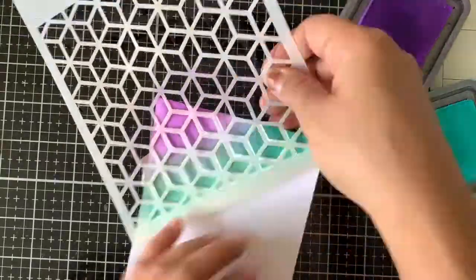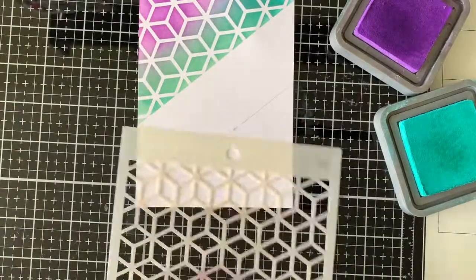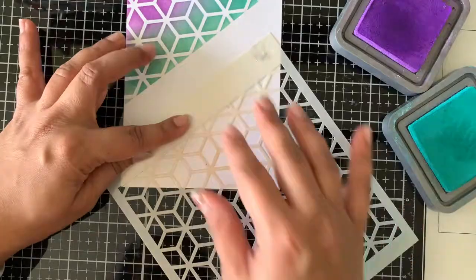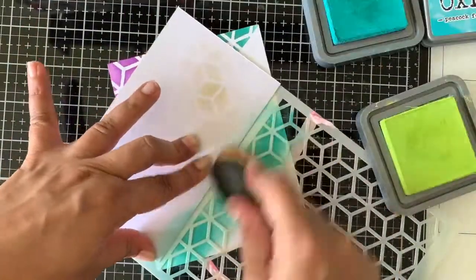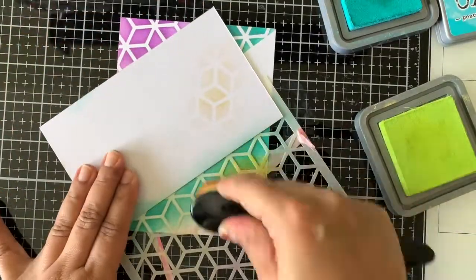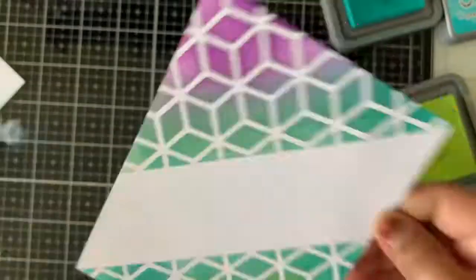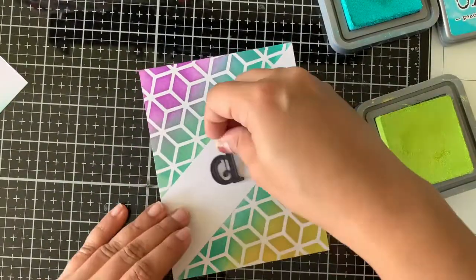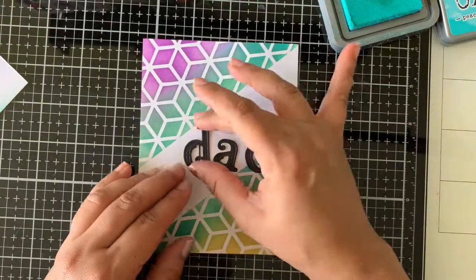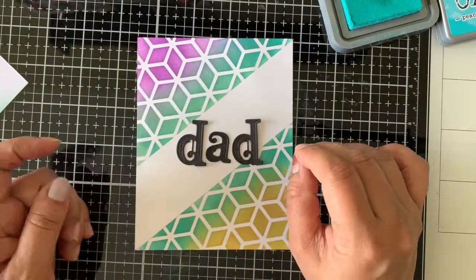I have simply already marked with a pencil where I'll be placing my stencil so that while I am ink blending I do not go over the line. I do recommend having a rough paper just in case your fingerprints go over the ink blended places, or in case the ink blending spills onto parts where you do not wish or you didn't intend. I do recommend taping the stencil with the washi tape on the back side so that the cardstock doesn't move. Here I am still figuring out how I would like to place the die cut